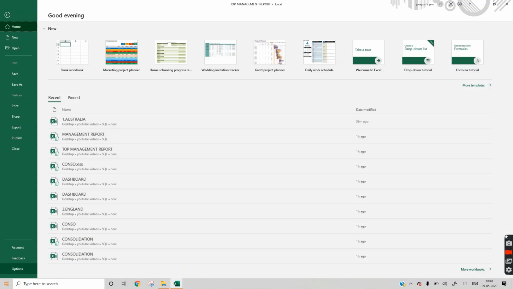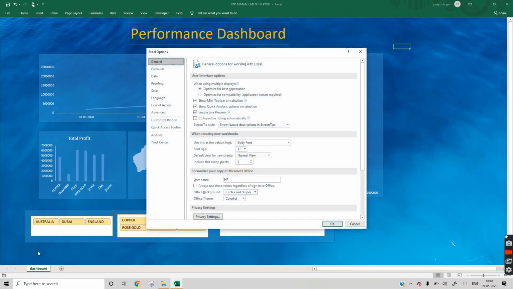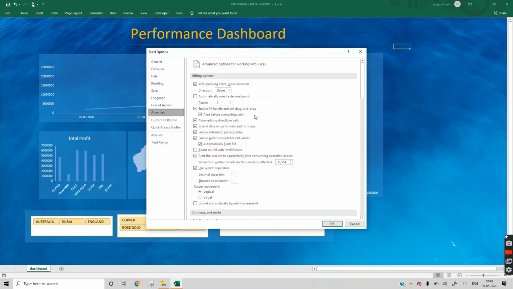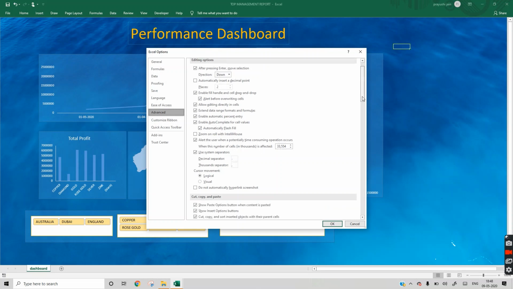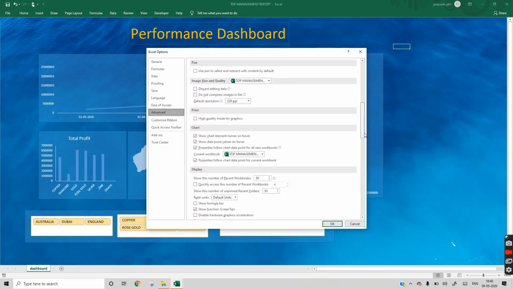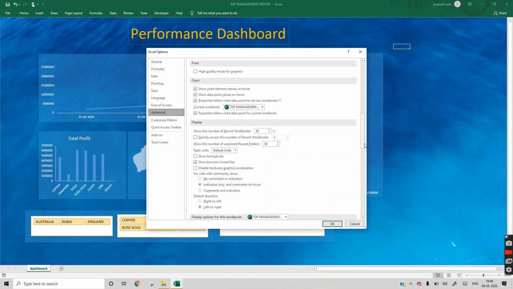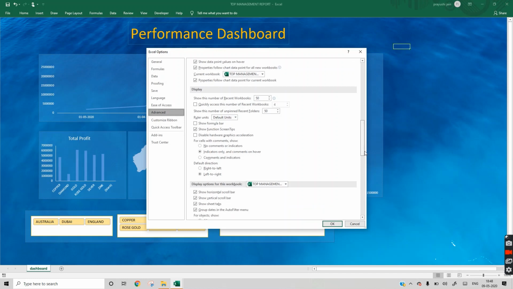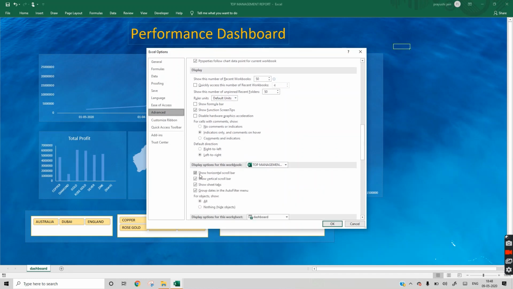Also, if you want to remove these tabs, you can remove them from File. Go to File, select Options. Here you can see Show horizontal scroll bar, Show sheet tabs.